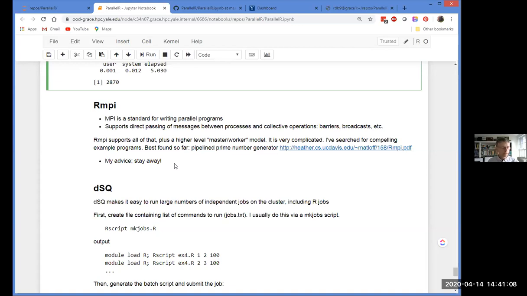If you're writing some domain decomposition and you're writing it in R, God help you, probably RMPI is what you're going to need to use. But that's a pretty advanced topic, and I wouldn't use this API unless you really need to. Any questions about that? Okay.